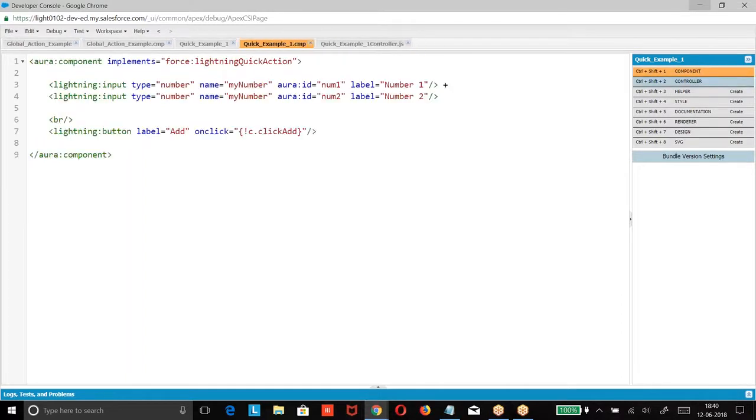So the JavaScript is supposed to read the value using ID. How do you find? Component dot find number 1 dot get. If I want to get the value using this, how do I get it?